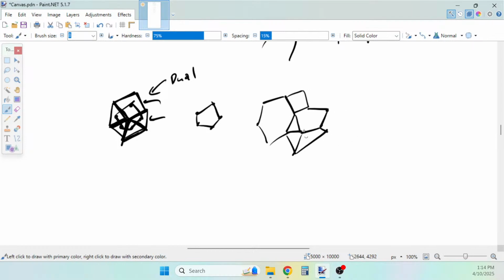Take this, and I want to make the dots. Now I go to this polygon next to that one by a side, and there, and there, and so my dual is going to look like